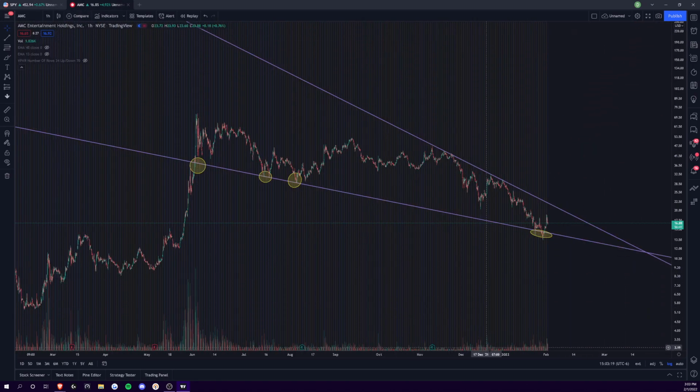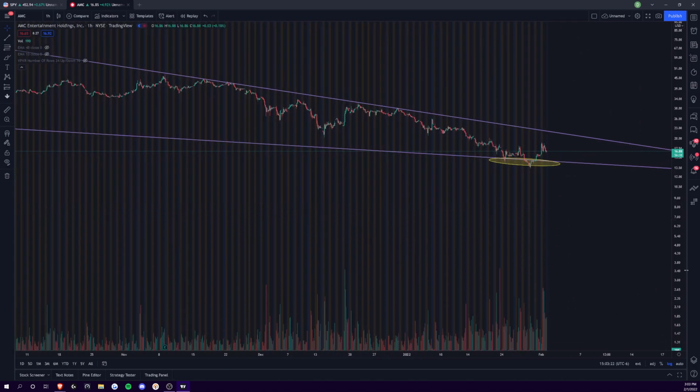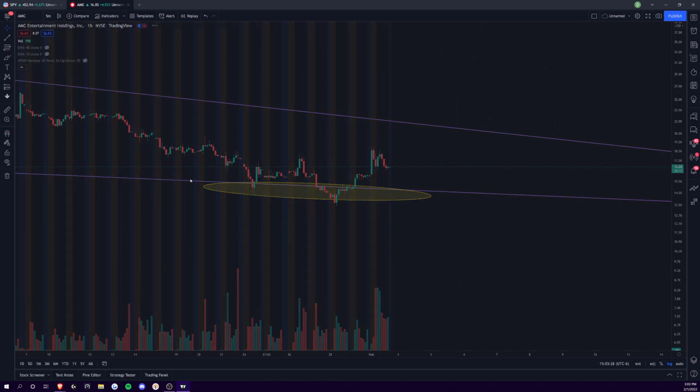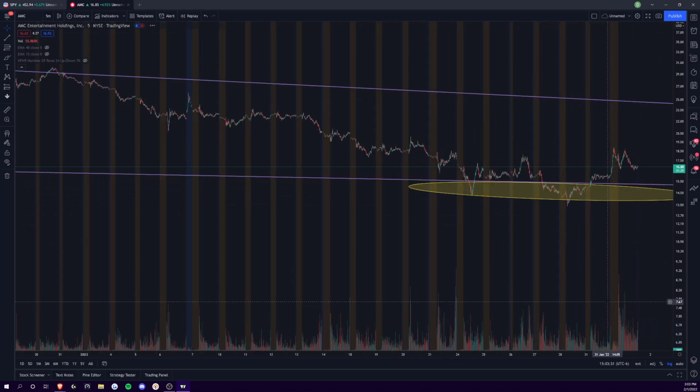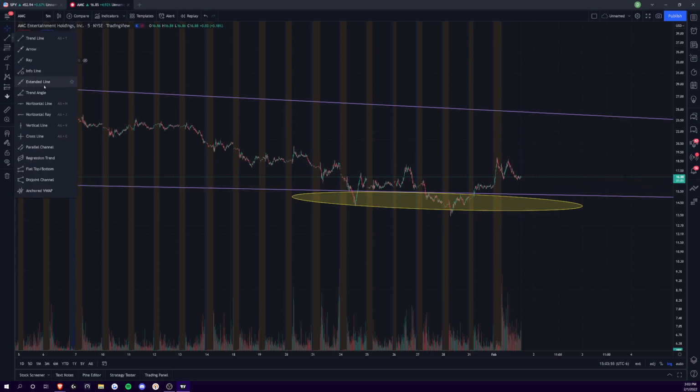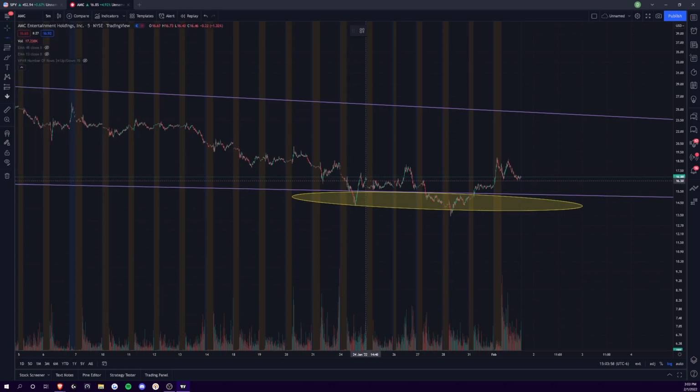Now with AMC, the story is somewhat the same. Now you had a big pop up here, what I would describe as a sign of strength. So if you're looking at this as a shorter term accumulation that's being performed here, you had a big swing up in pre-market up to $18.83, almost this $19 region. You come back down, and then you retest this 18.62, in which you did fail here. But this does look like what you're doing is having this sort of backup phase to retest liquidity. So maybe you would want to come back down to the 16.50-ish level,